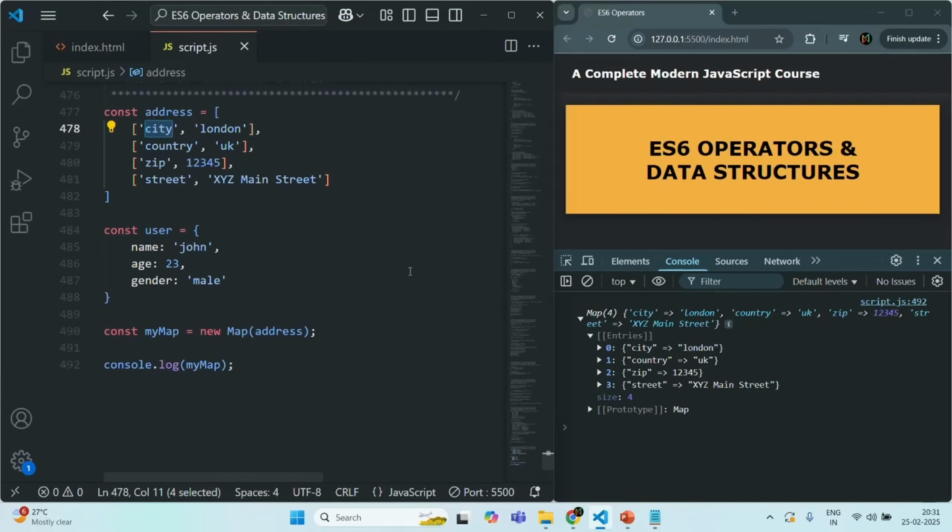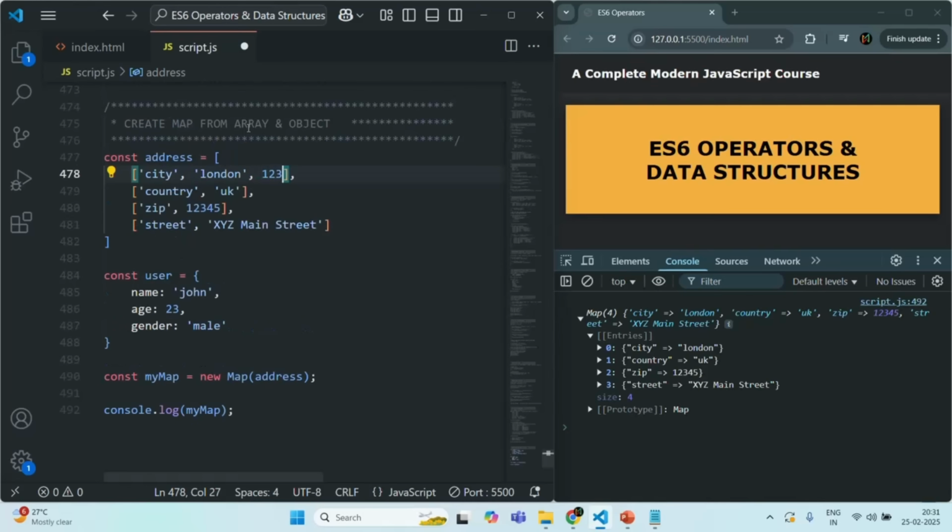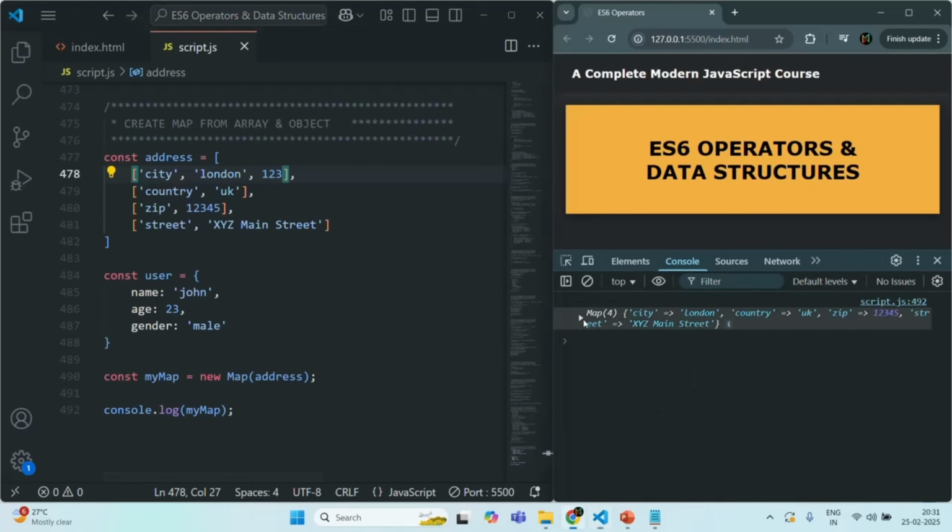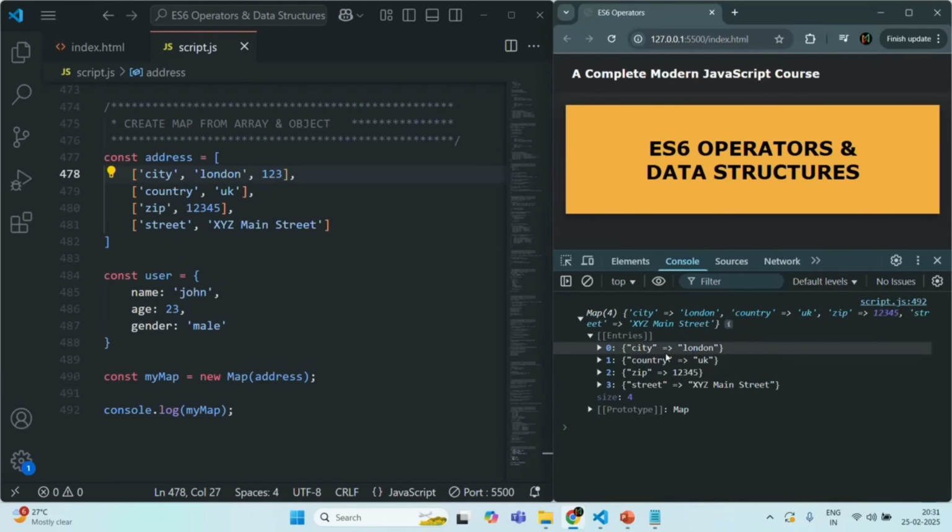The first element of each nested array is the key, as you can see, and the second element of each nested array is being used as a value. So in this way, you can also create a map from an array, but that array should have nested arrays as its elements. Now what if some of the nested arrays have some extra element? For example, here let me add one more element, 1, 2, 3. If I save the changes now and if I expand this, it has not made any difference, because this map constructor will only use the first two values. The first value will be used for key and the second value will be used for value,